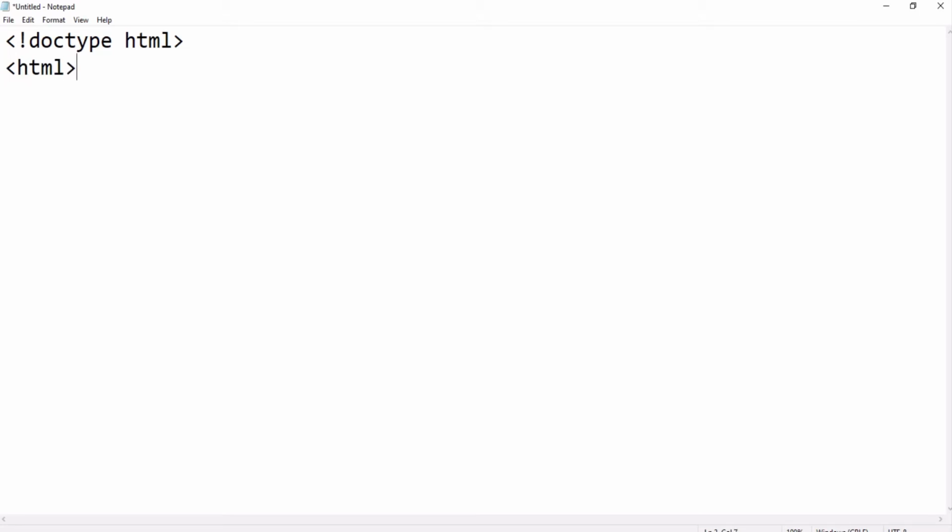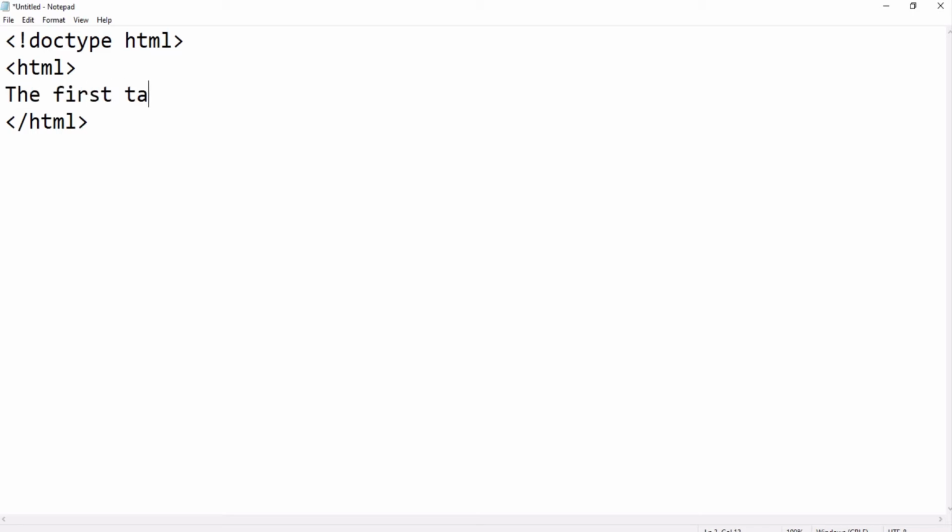HTML. Now we need the closing for this HTML tag. The tags that have the closing and opening are the container tags, as we discussed. So after this let's write down a few lines. I am writing about the HTML tag only.